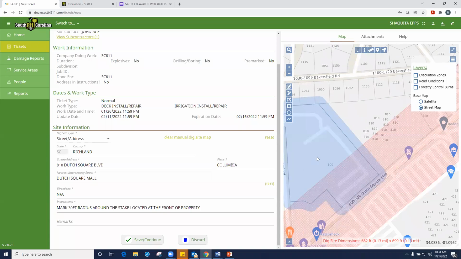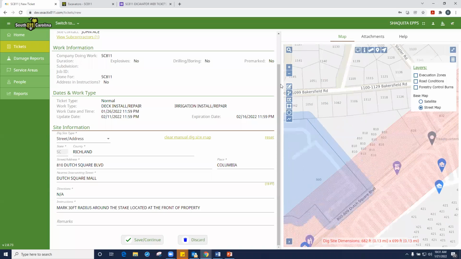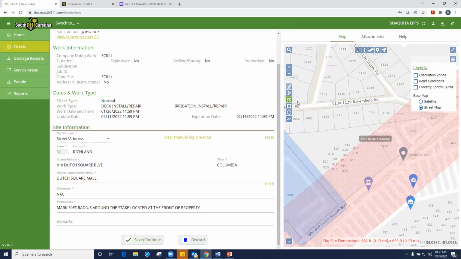And your dig site will change. The next is your draw polygon tool. Your draw polygon tool is used to mark a large work site that the 250-foot buffer of the draw circle tool will not cover. This tool is also used when you're marking multiple side-by-side addresses. So if you are marking multiple side-by-side addresses, your draw polygon tool will need to be the tool that you're